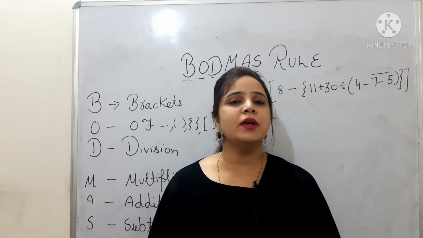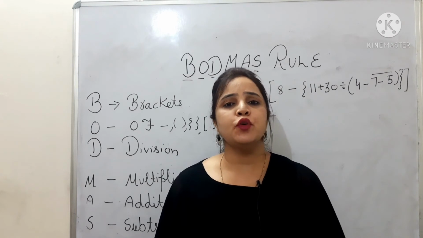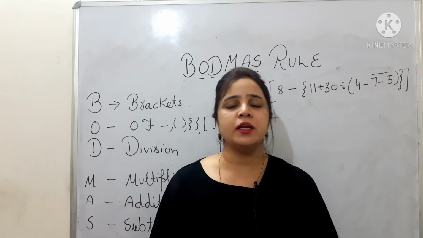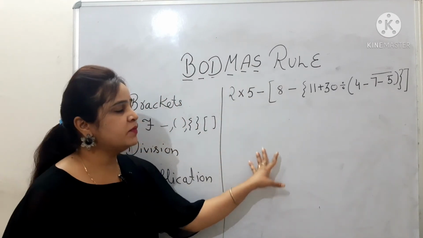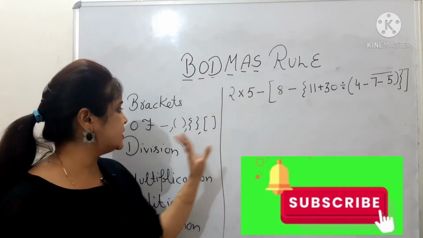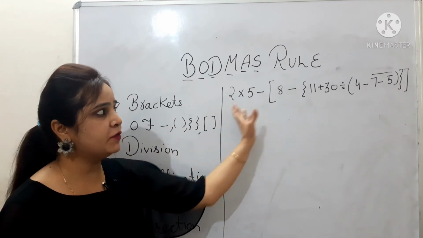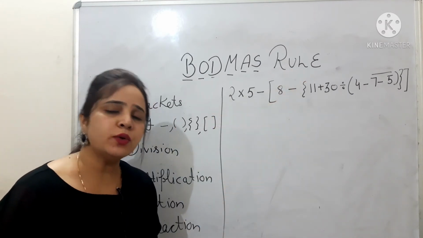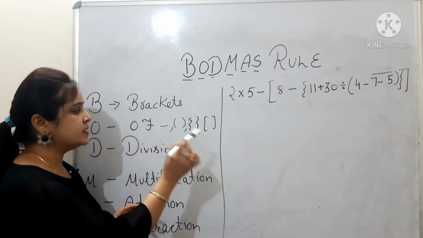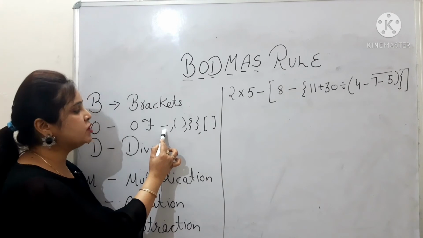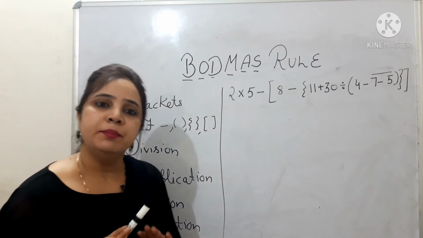Now students, take one complex problem related to the BODMAS rule, in which the concept of brackets and the concept of the fundamental operations will be clubbed. Here is the problem. In this problem we have taken all the brackets, that is the line bracket, common brackets, curly bracket and the big bracket, and the fundamental operations are also included. We already discussed that if brackets are given, first your line bracket will be solved, then the common bracket, then the curly bracket, and the last one will be your big brackets.